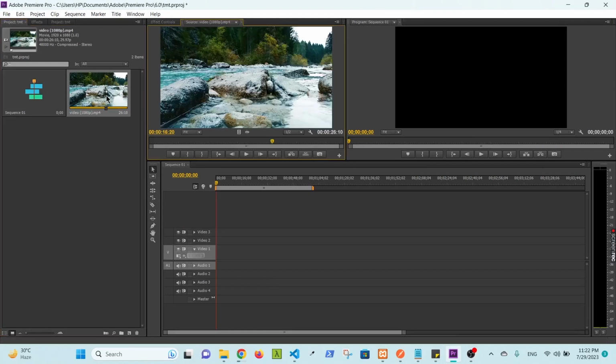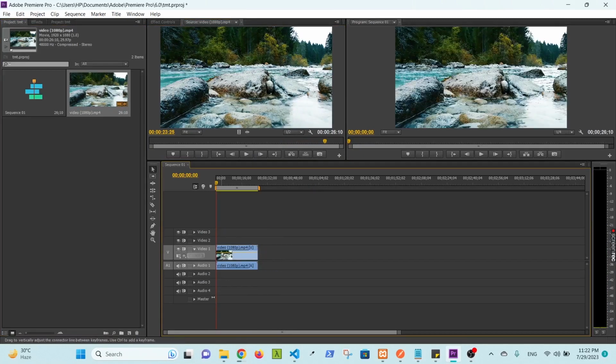And if I want to see how that video fits, I need to drag the video onto this line. And we want to see what the Track Matte Key is used for. So in the effects,